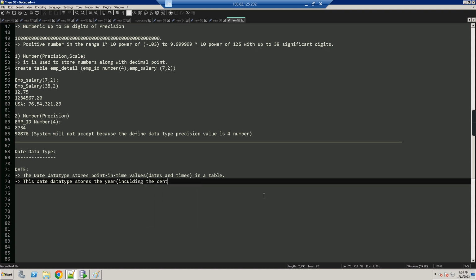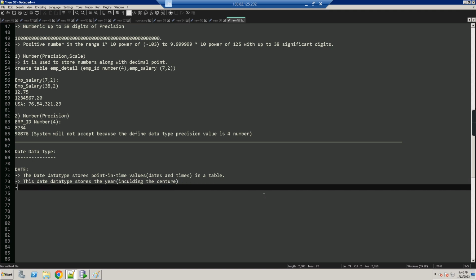Centuries means BC, AD. So that information is also available if you want to enter it. In Oracle, the database can store dates in the Julian era. Julian era means very early, long before now,